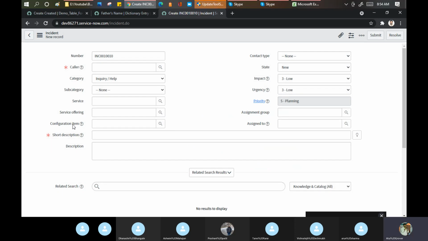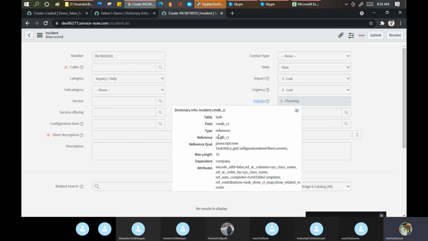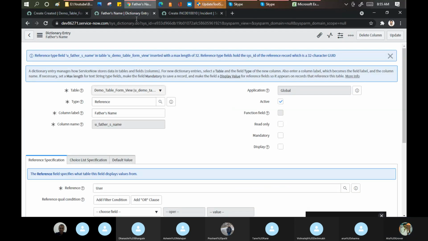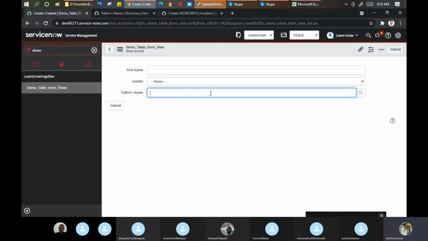Configuration item. This is coming from the CMDB_CI table. See reference CMDB_CI table. Forget about all these things. Just remember, as of now, for you, it is required like this only. Okay, so what we did, we're putting like this.